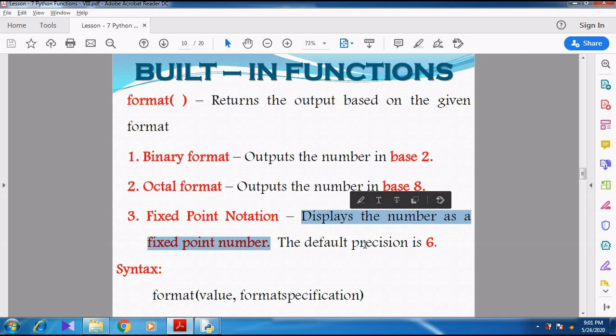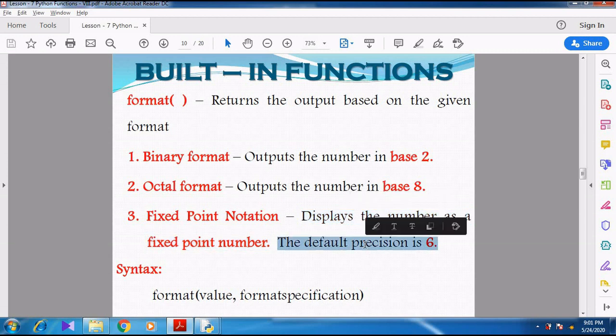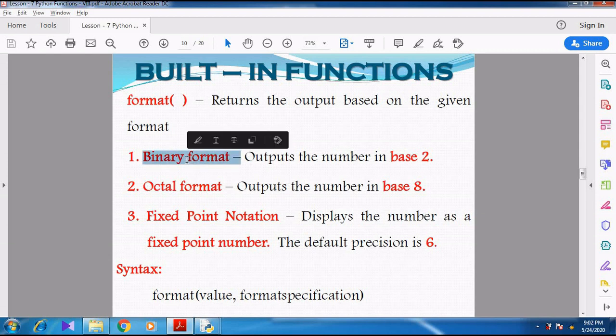The default precision is 6 digits. So after the decimal point, 6 digits will be displayed. So what is the maximum number of digits after the decimal point? It can have a maximum of 6 digits. Right, I think you might have understood this. So binary format means the number will be displayed in a binary manner, zeros and ones.